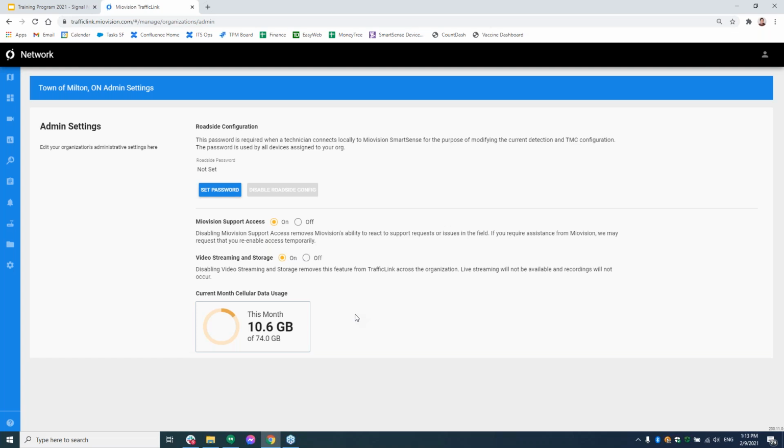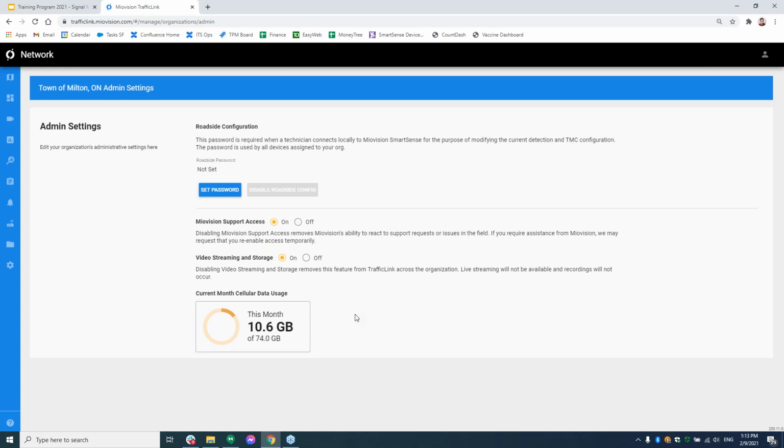Obviously, there's no blockages on that. So if you do go over, your video won't be shut down or your connection won't be shut down in any way. But this gives you a way to just monitor who is using it. This becomes actually most handy if, say, you're giving external access to public safety departments or police departments, and they're starting to take advantage of the video. And you really want to make sure that they're not abusing the connection because it is over cell.